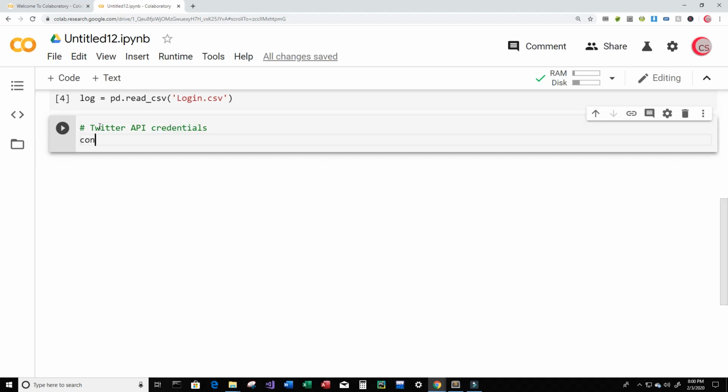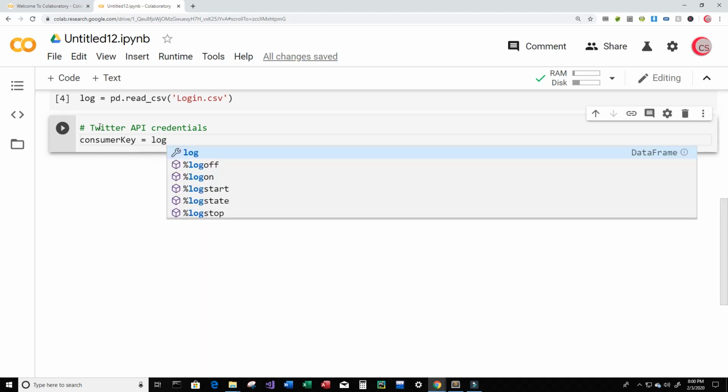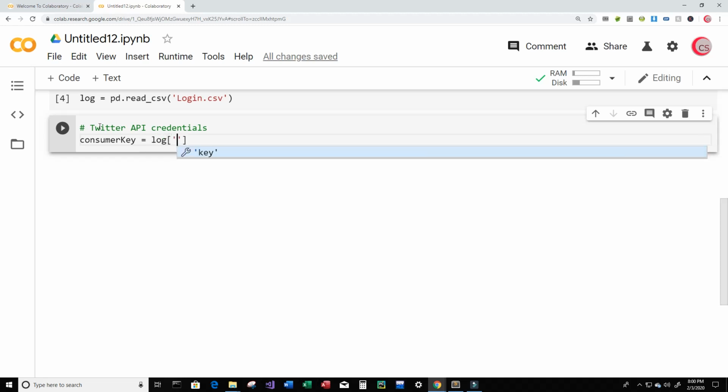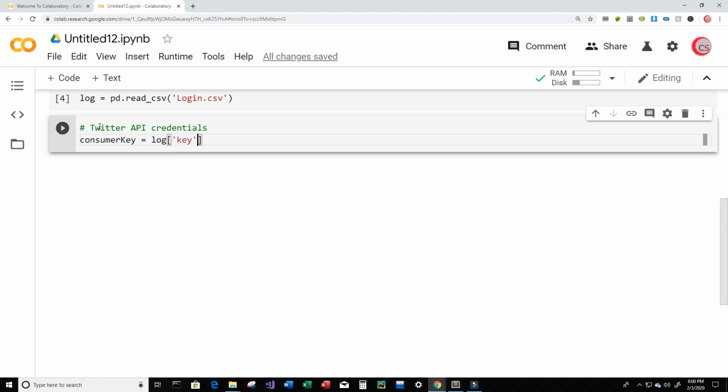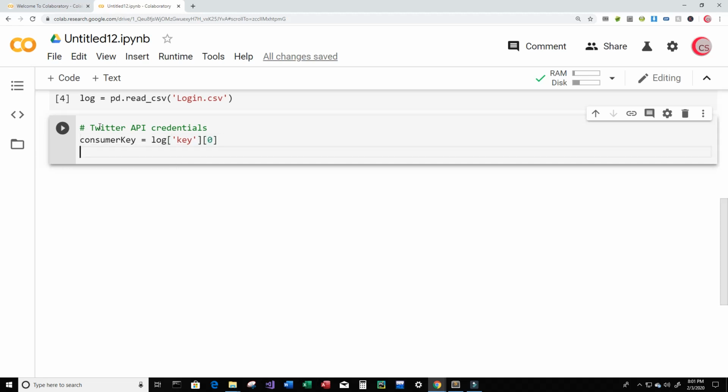Okay, so now I'm going to create that variable called consumer key, and I'm going to set it equal to log at the column called key and position 0. Next, I'm going to get the consumer secret, and it's going to basically be the same thing except for at position 1. So I'm going to copy this using Control C and paste it using Control V, and then go